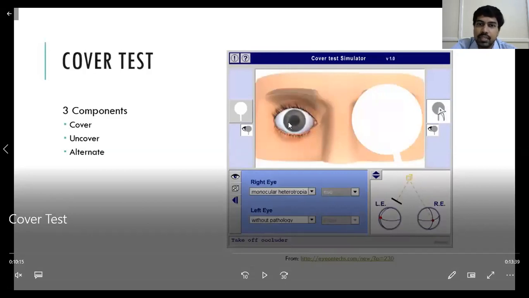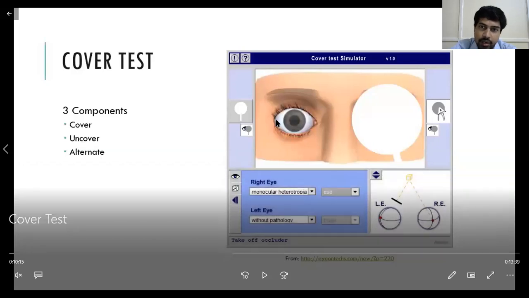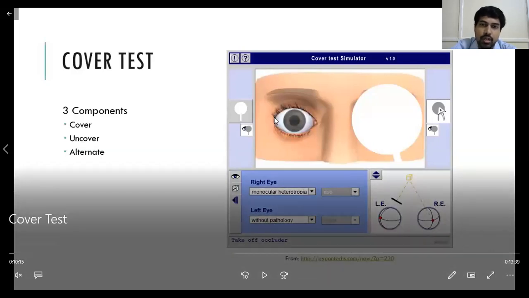If even after covering, this eye is not taking up fixation, that means there is no use of doing surgery, because this eye is already blind. That's why it is not taking up fixation. So from the cover test, what you can know is, if this deviated eye is taking up fixation, it means the vision is good in that eye. So if you do surgery also, there will be some use to the patient. And because the eye is taking fixation, it means it is not paralytic, so you need not go for any neuroimaging. If it's a paralytic squint, you have to evaluate if there is any brain tumor or any infarcts in the brainstem or not, or any orbital lesions. All these things you have to see, such as an orbital tumor. But this eye is taking up fixation. That means it is only a concomitant squint because of imbalance between the muscles.